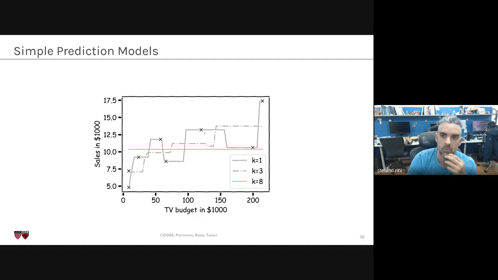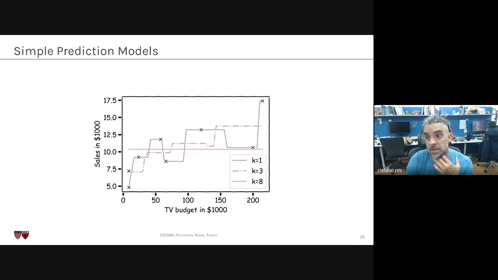Not very useful. What we want to do is consider more neighbors and take the average across a larger number of neighbors. Meaning that now if somebody gives me a budget, I look at the three closest neighbors, and the sales I predict is the average of the three closest points. You see here that k equal to 1 jumps at the midpoint between two points, because the closest one goes from the left one to the right one. Now, if we look at the three closest ones, then this value here is the average of these, then here we switch to the average of this one, then this one, then this one. So we have more jumps.